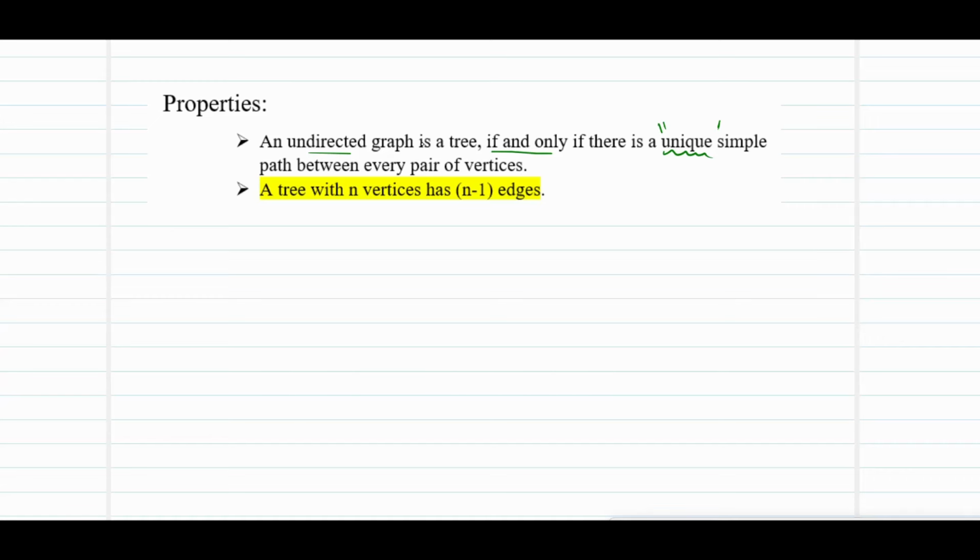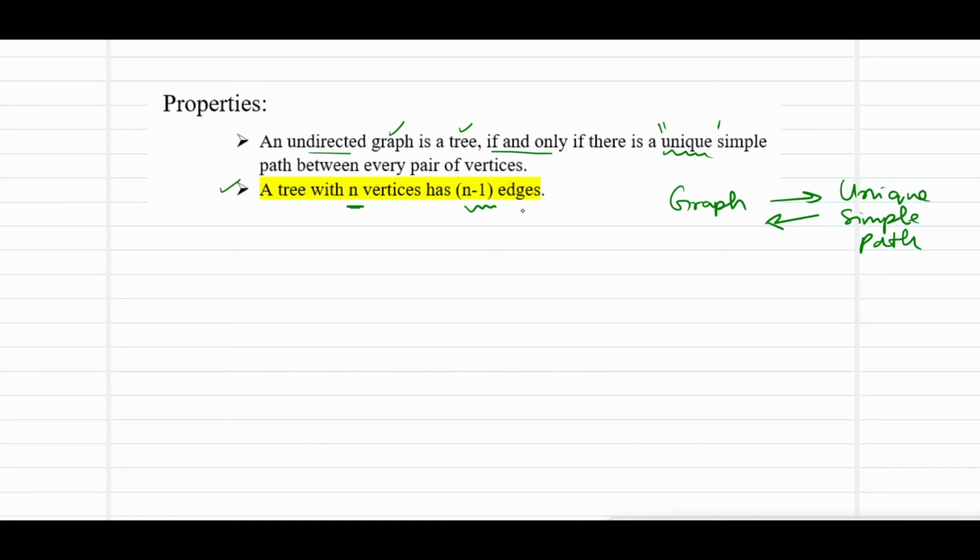So this is going to be the necessary and sufficient condition for a graph to be called a tree. A graph will be called a tree if and only if there is going to be a unique simple path that is going to connect every pair of vertices. The second important property a tree holds is that whenever a tree has n vertices, it has